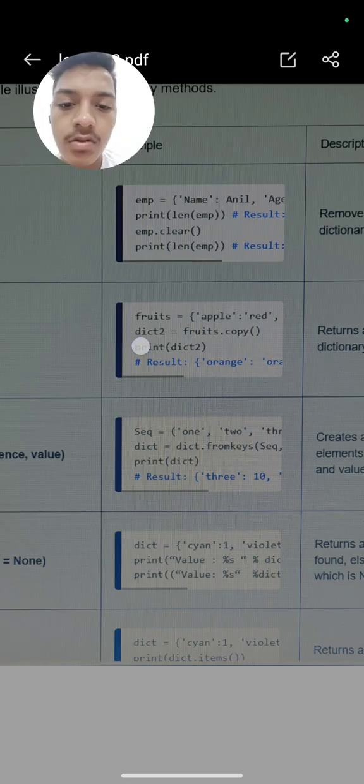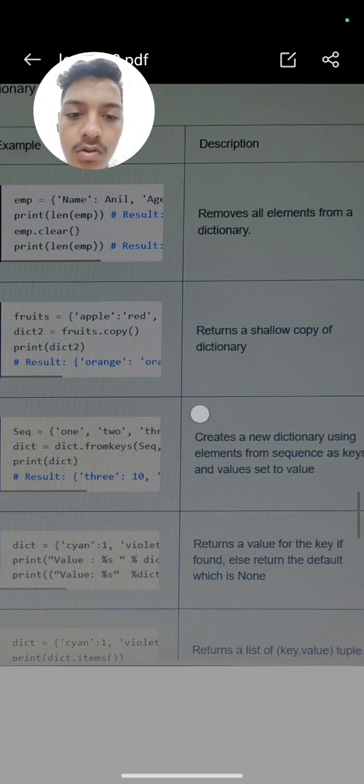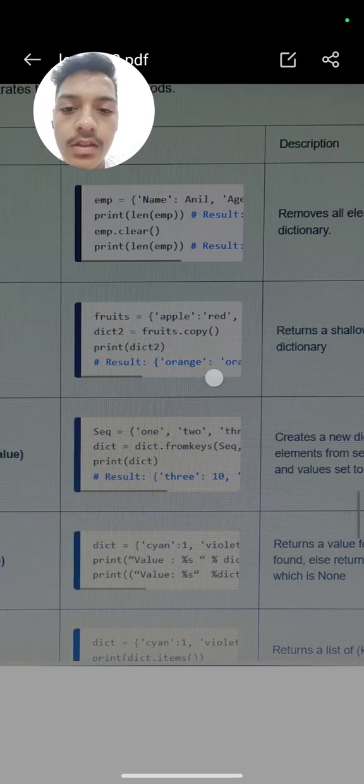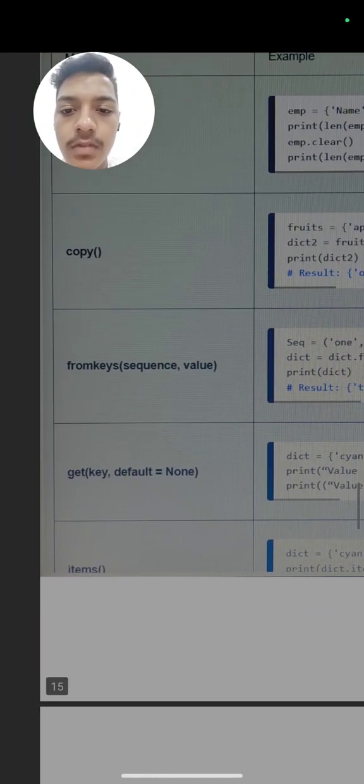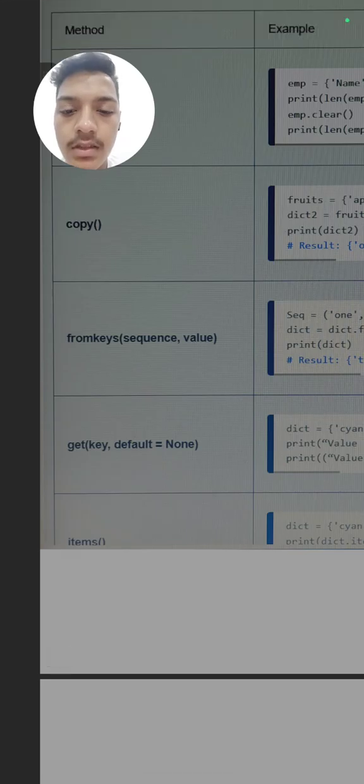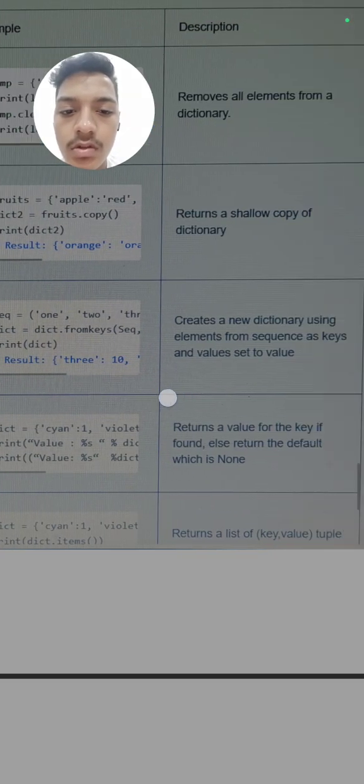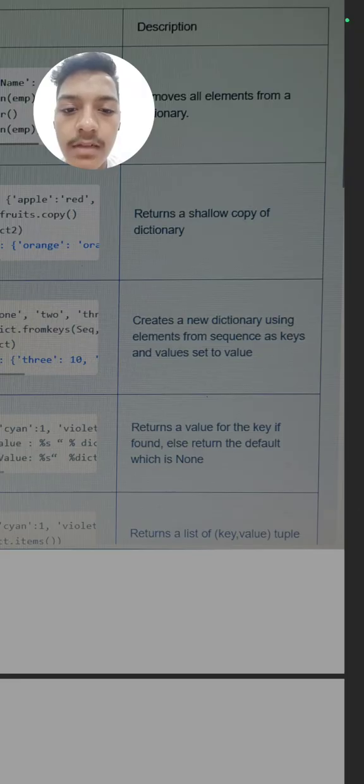Then if we print our dict 2, the same will be printed here. So it will return a shallow copy of the dictionary, as copy means to make a duplicate. Next is fromkeys(sequence, value). It will create a new dictionary using elements from the sequence as keys and value set to the